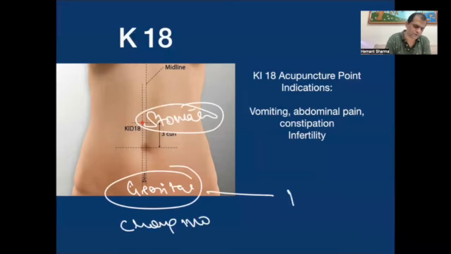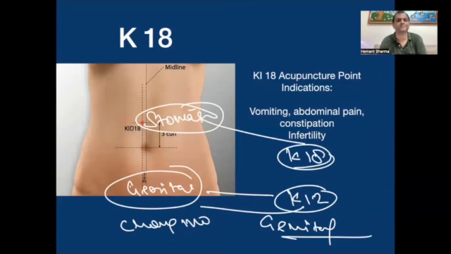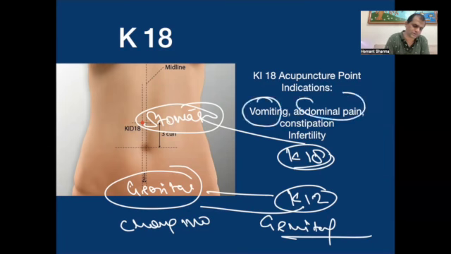So the lower point kidney 12 is more connected with the genital part, and the upper point kidney 18 is more connected with the gastric part. यानी ये समझिए कि हमारा किडनी का मेरिडियन अब हमारे पाचन तंत्र से कनेक्ट हो गया। ओके,